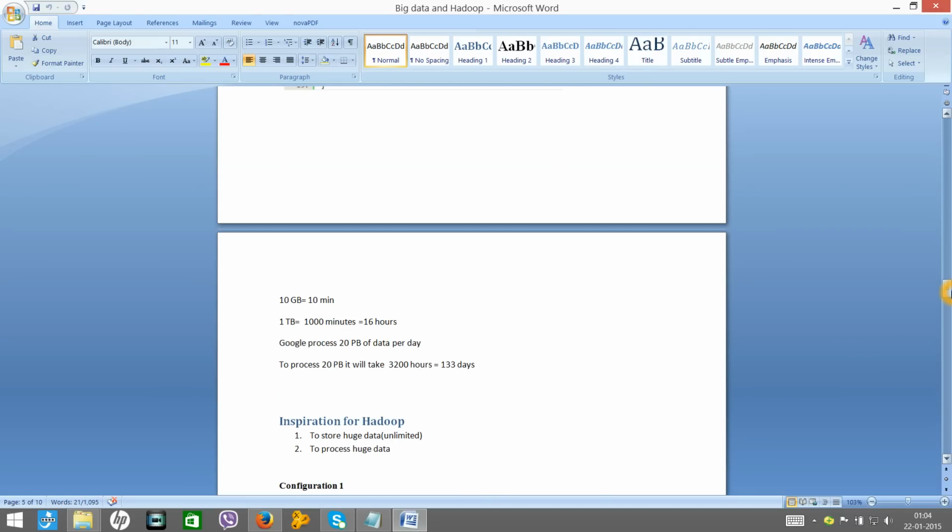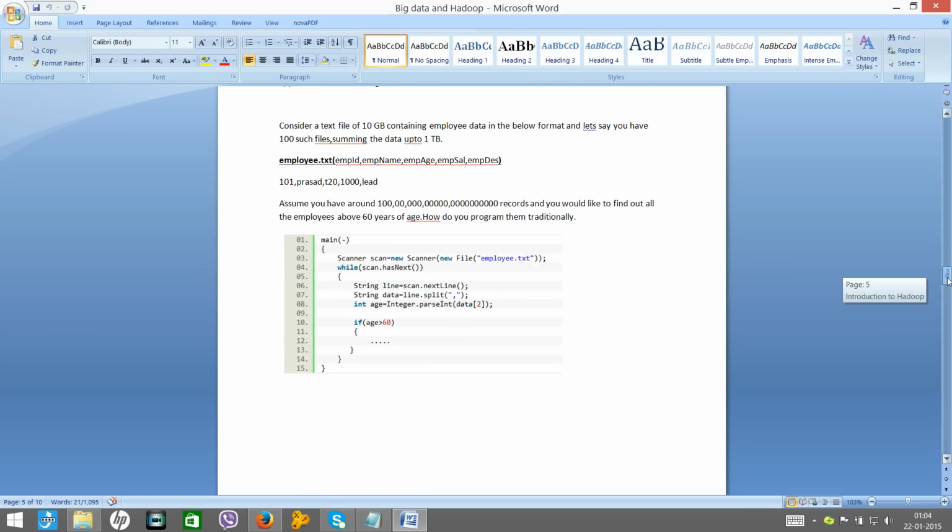Okay, so if you want to really test your program with, let's say 10,000 records, 20,000 records, 50,000 records, 1 lakh records, 1 million records, we can get those data free of cost from the internet, and we can use it for our Hadoop experiments.